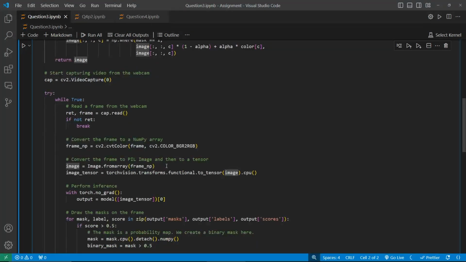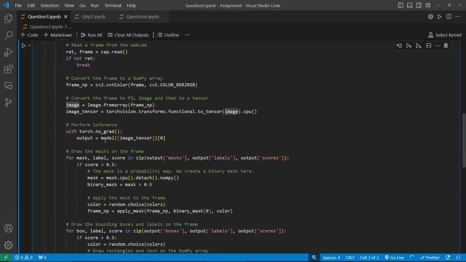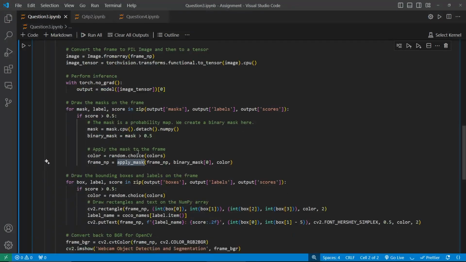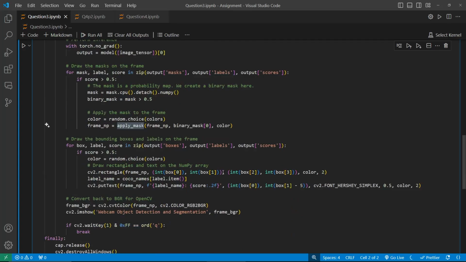we change the image from an image to a PIL to a torch tensor, and then input that into the model. And then from the model, we have our two heads. We have the one for the mask and then one for the bounding box. The mask gets filtered into that function said earlier, and then for the box, we draw a box on the